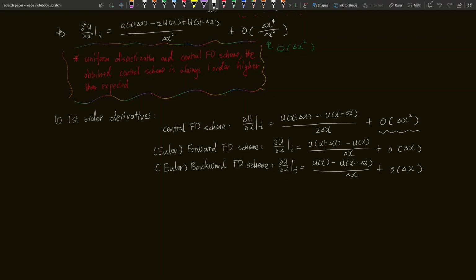This is also first order accurate. So basically, we are approximating the derivative at point i using the information on the right-hand side of the computational domain. Now for the second order derivative,